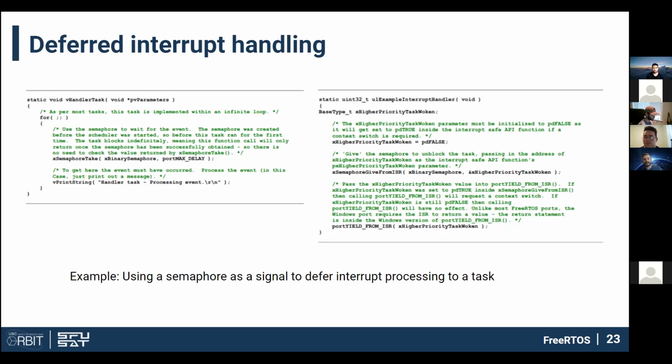Oh yeah, so that call essentially just invokes the scheduler. So if you give the semaphore and the task that gets woken up is not higher priority than the one that's running, then port yield from ISR will do nothing. It will just resume with the task that was previously running. If the semaphore did wake up a higher priority task, then the scheduler would know that. It would be in the ready queue. It can see what the highest priority task is. So you just need to invoke the scheduler to actually perform the context switch.